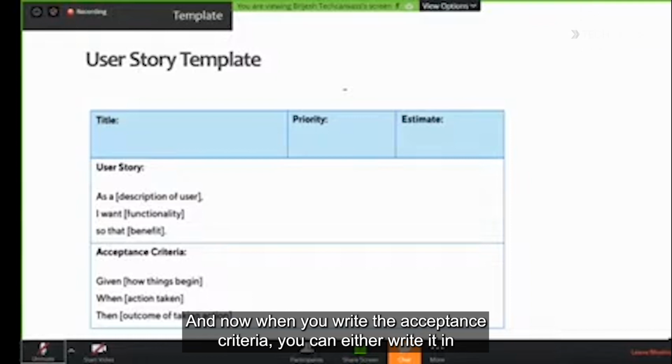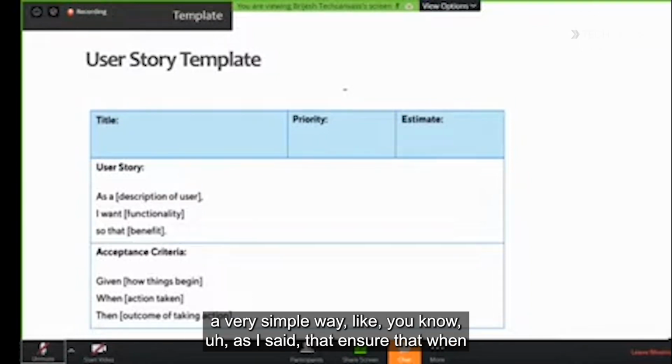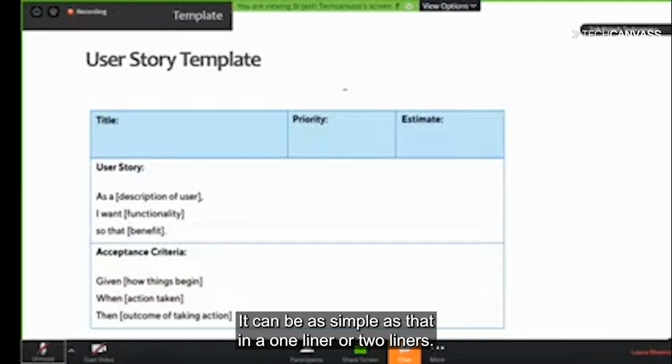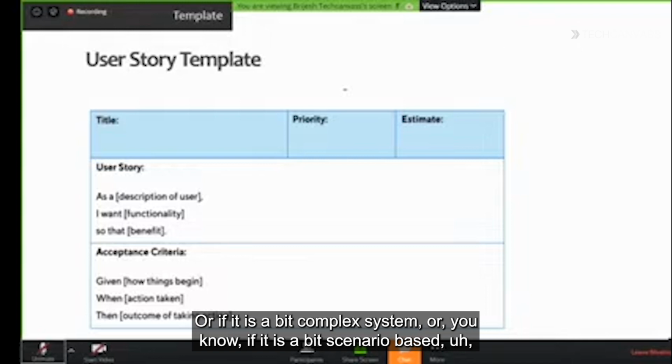Now, when you write the acceptance criteria, you can either write it in a very simple way, like, as I said, ensure that when I log in, I have enough funds to withdraw cash, or ensure that if my username is incorrect, I get a message invalid username. It can be as simple as that, in one or two lines, or if it is a bit complex system, or a bit scenario based,